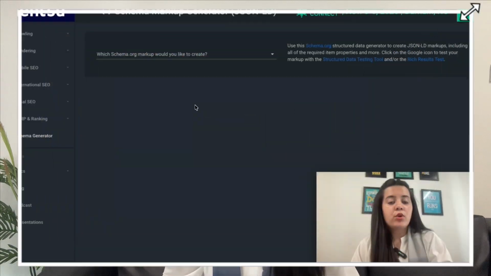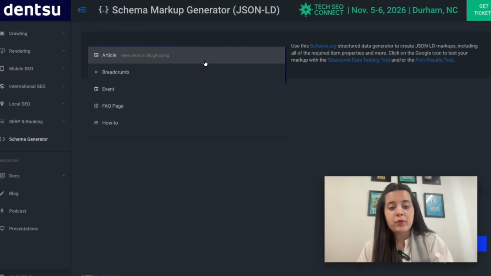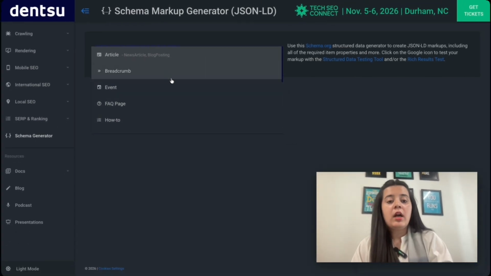Always, I mean always, create schemas or get them created. Never handwrite them. Rank Math and Yoast generate schemas built in on WordPress, but you can also use Schema Markup Generator. It's really simple. So I've opened Schema Markup Generator, and over here from this drop down, you can select whichever type of schema you want to start with and fill out those fields.